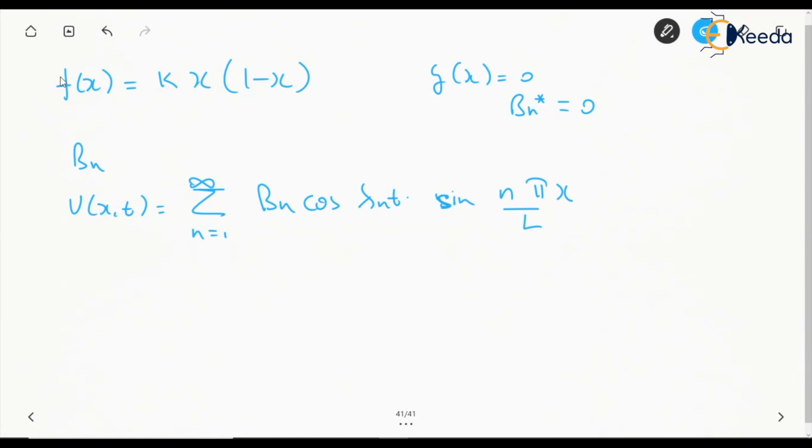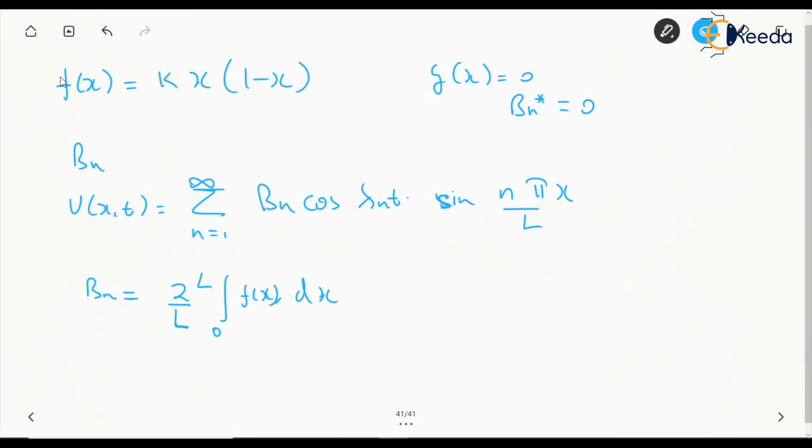Fine. Of which we need to find bn, and bn is given by 2 by L integration from 0 to L f of x